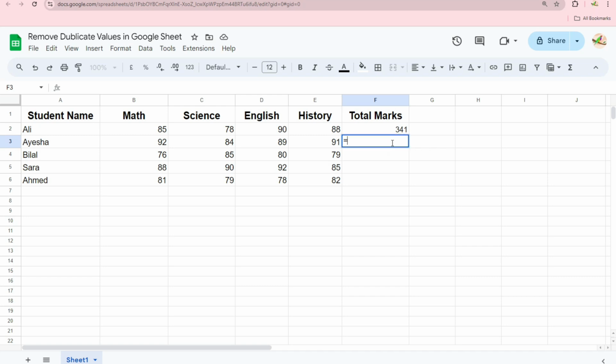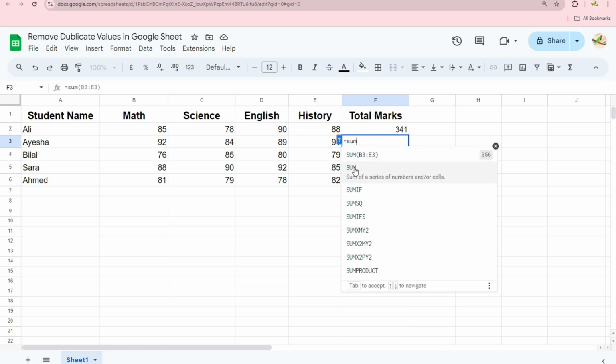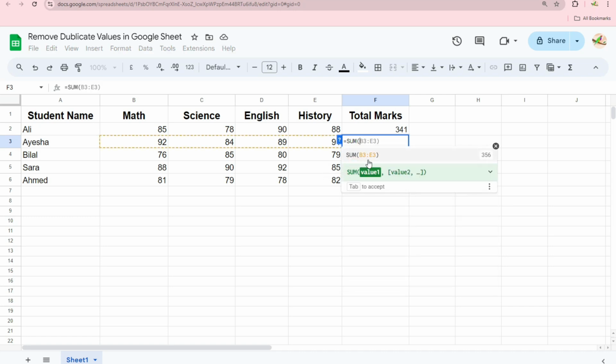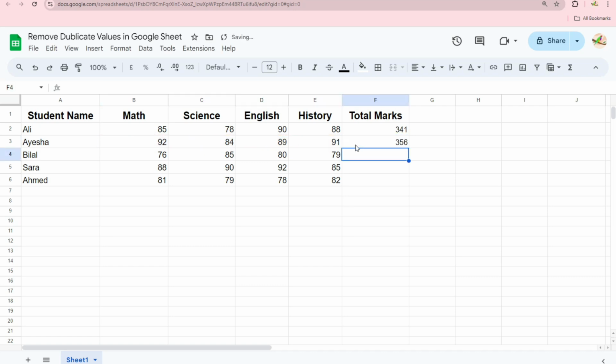Type equals and then start typing SUM. You see a suggestion pop up. Start the bracket and then select the entire range of cells whose sum you want to calculate. Close the bracket and press enter. The function will give you the total marks